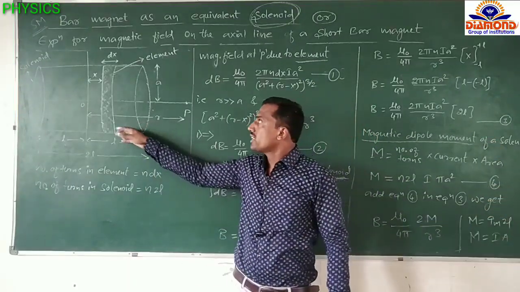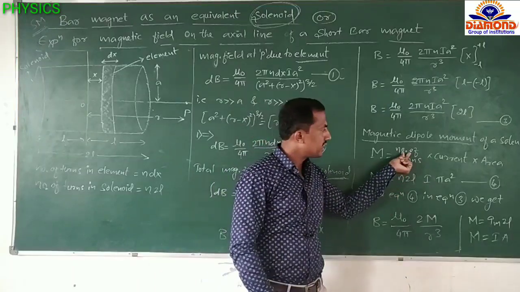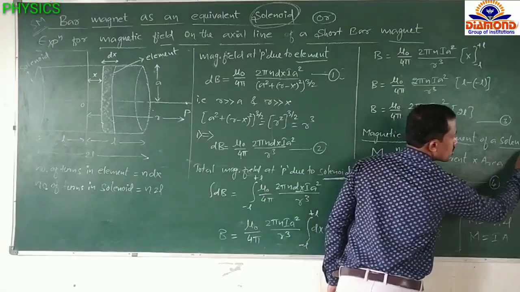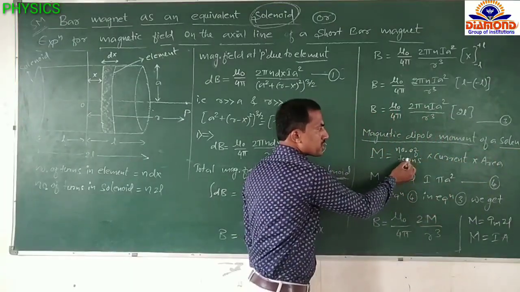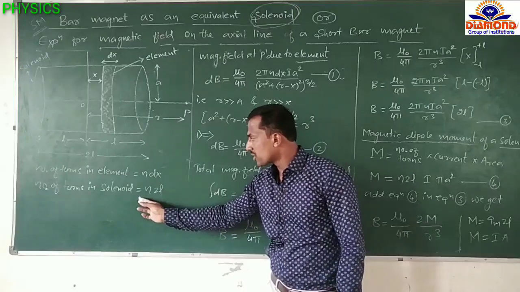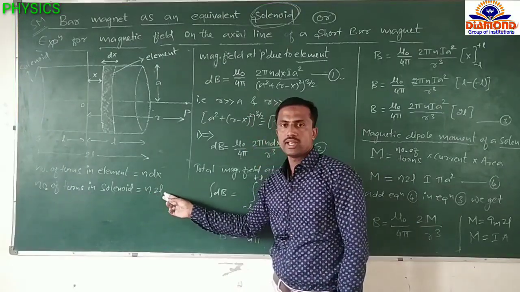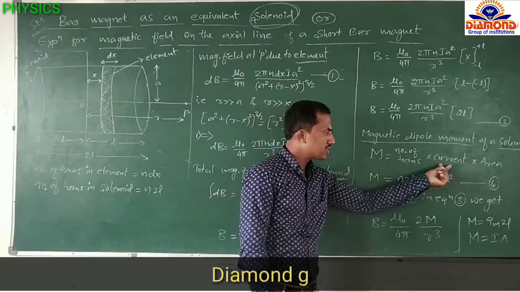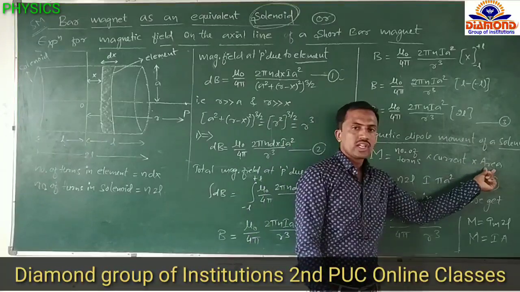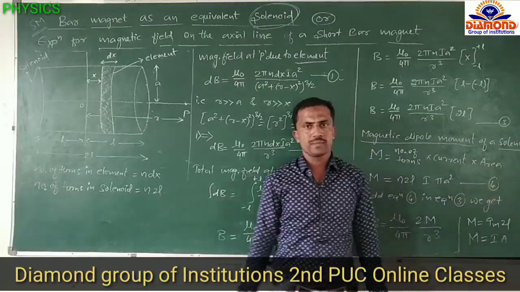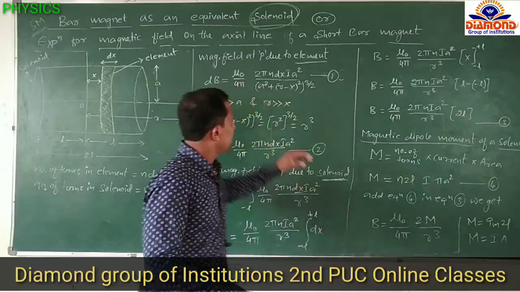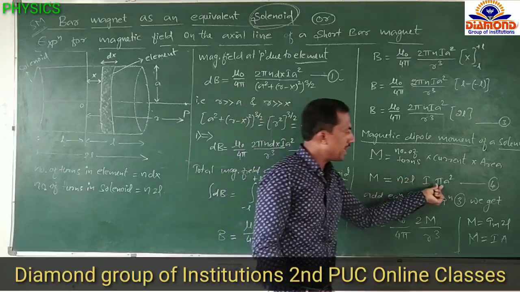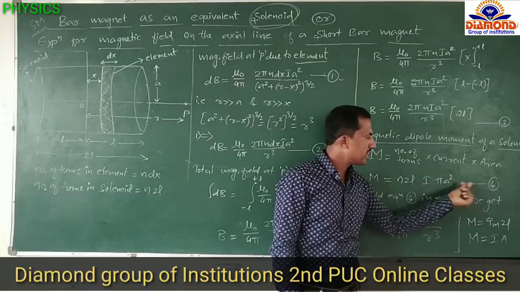In this solenoid there are a number of turns, that's why we are writing the number of turns. What is the number of turns of a solenoid? Here we write the number of turns of the solenoid is n into 2l. Current is denoted by I. The area formula is pi r square. R is the radius, but in this case what is the radius here? a. The radius is a, that's why we are writing pi a square. It is our equation number 4.